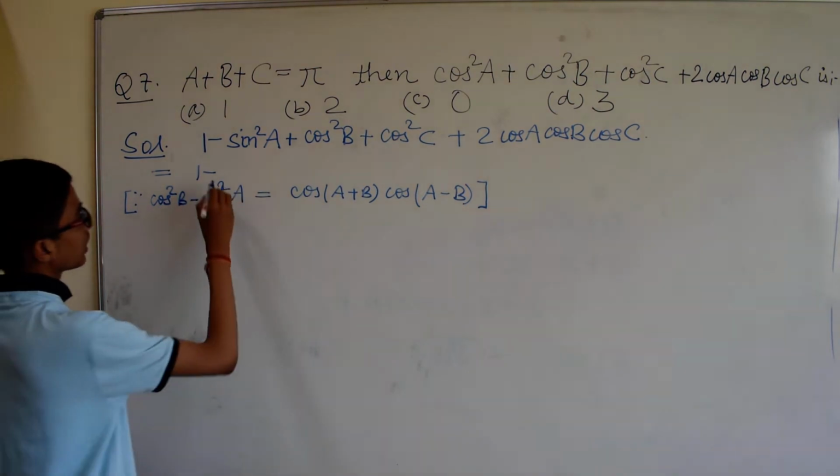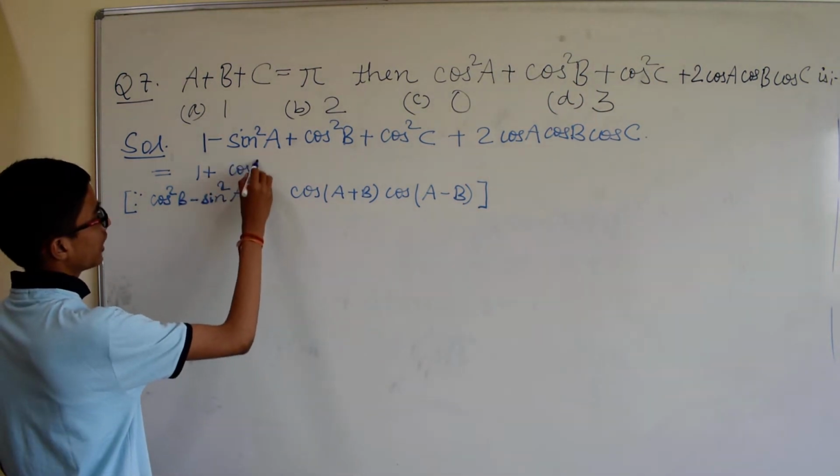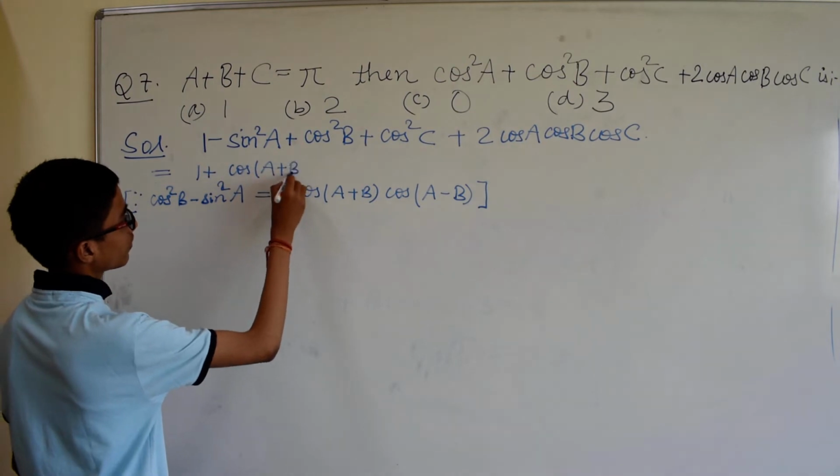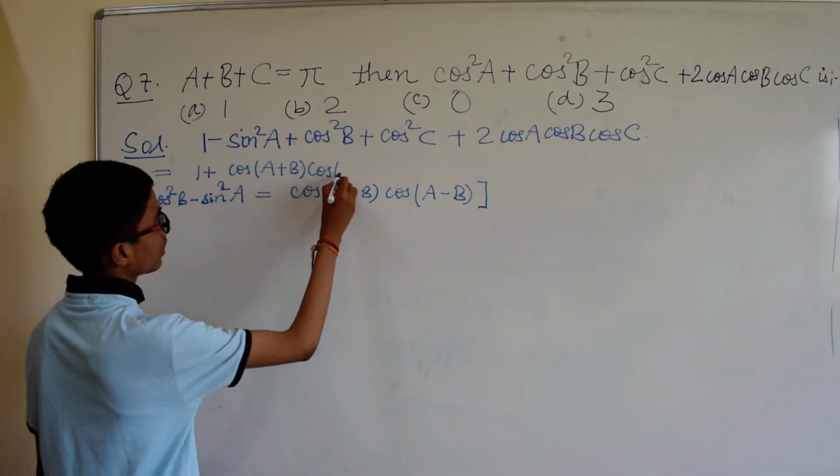So it will be 1 plus cos A plus B times cos A minus B